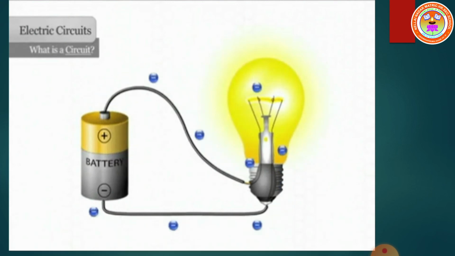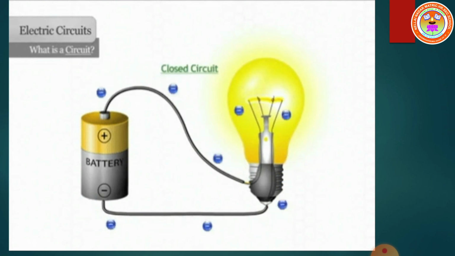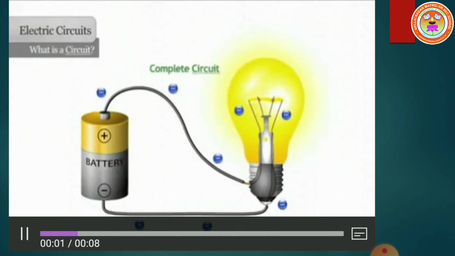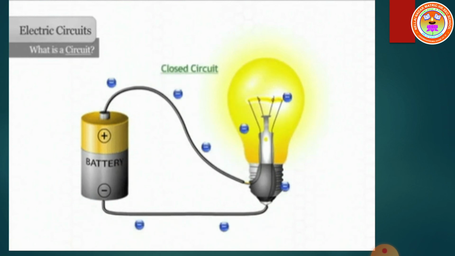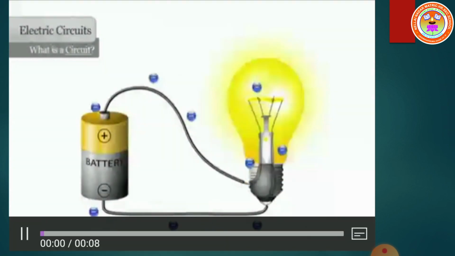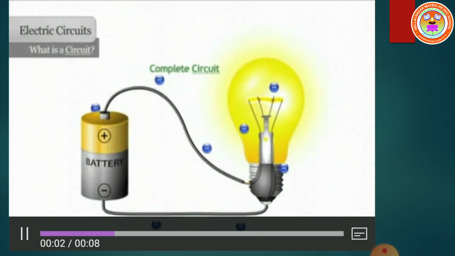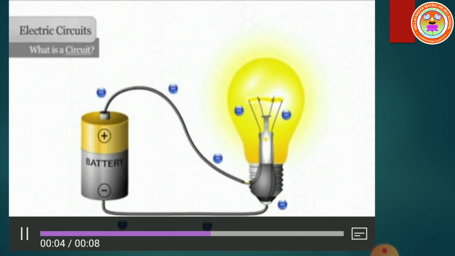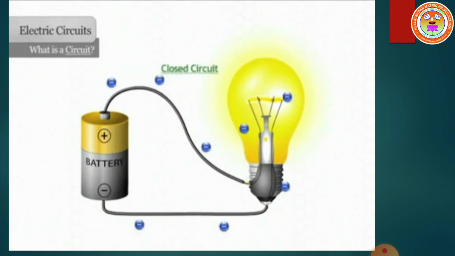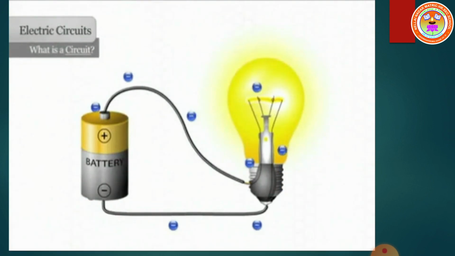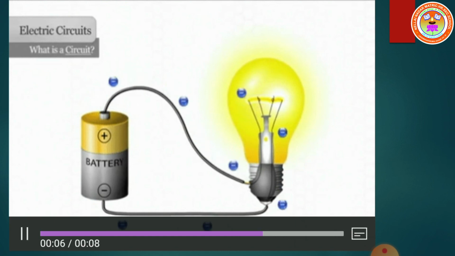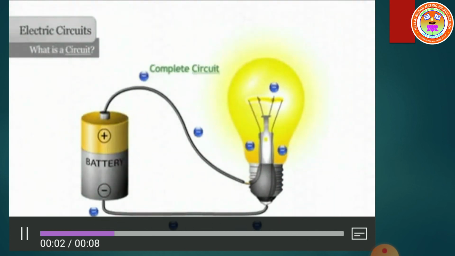Both types of wires conduct electricity, but mostly we use copper wire. The copper wire offers very little resistance and does not get heated up quickly, so we use copper wire. On the other hand, the thin wires of tungsten. Children, where is the tungsten located? Very good children, inside the bulb. It's also known as the filament. After getting electric energy, it's heated, then it glows. So the electrical energy is converted to heat energy and light energy.